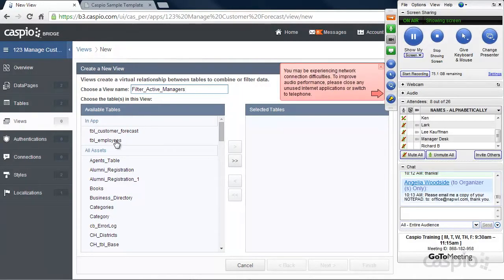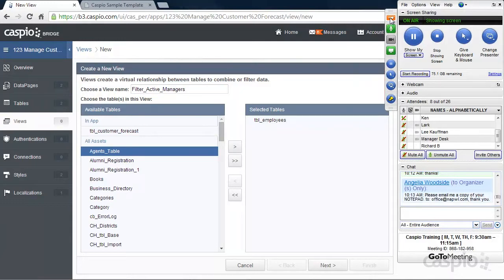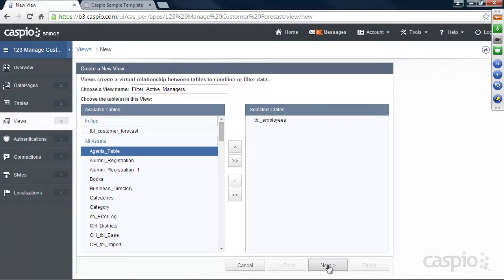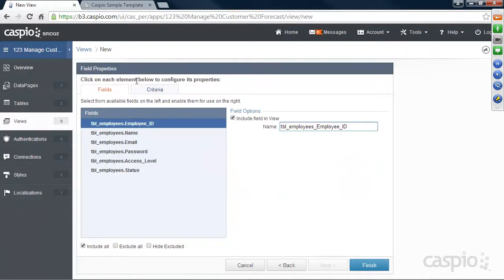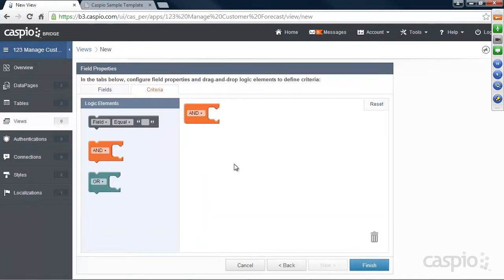So we're going to select our employee table here to the right. We're going to click Next. And now inside the Criteria tab here at the top, you're going to see this window where we have 3 elements here on the left hand side, and we have our canvas here on the right side. These brackets, or these little puzzle pieces, allow us to create AND or OR logic, what we wish to display inside that view, and how we filter the data using AND or OR. This is the original anchor. You cannot move this guy anywhere because one always has to be here. However, you can snap these other guys in place,